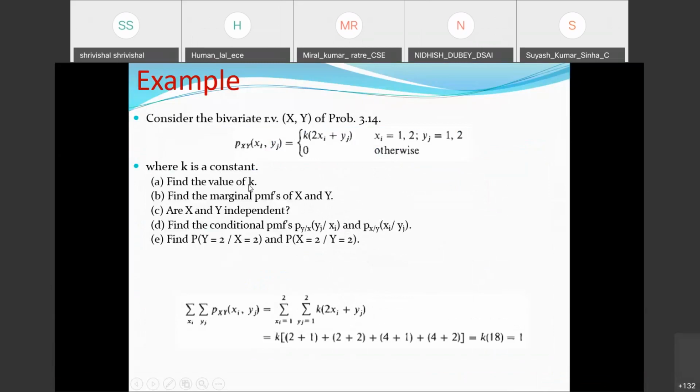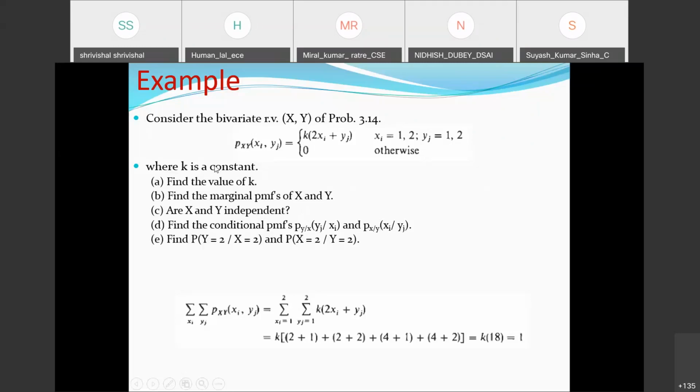Find the value of k. That's the first part. Compared to the previous question, where we were going straightforward with respect to integration, this is related to the discrete part. The previous case was a continuous random variable; that's why we're going for the discrete now. Instead of integration, we'll go for the summation. That's it.